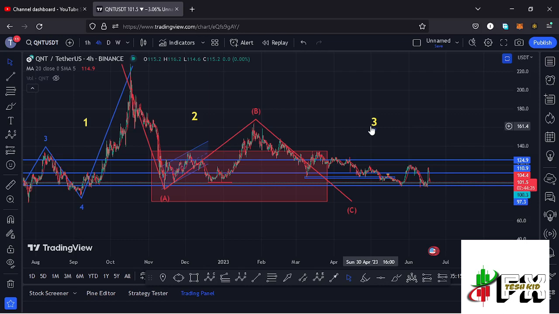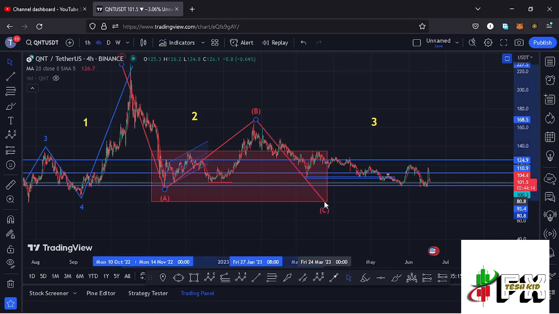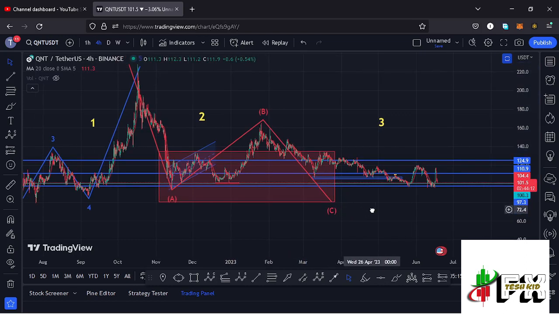We also need to have in mind that Quant could still give us a massive pump in the formation of that wave 3 without putting in place one more new low in the formation of this larger Elliott wave count 2. We also need to have that in mind, and it's a perfect time for someone to buy in, and that is not financial advice, so that you can be able to ride that massive pump in the formation